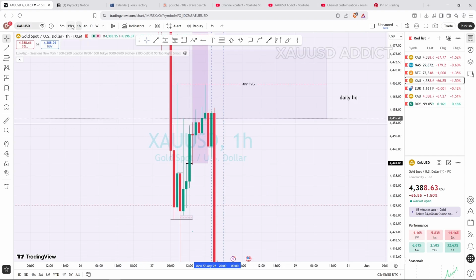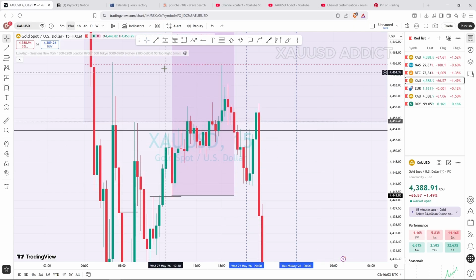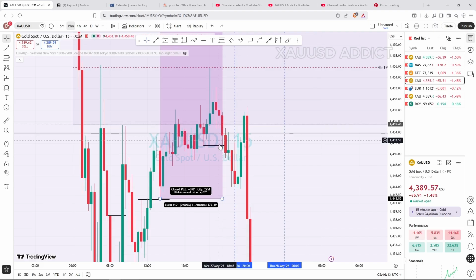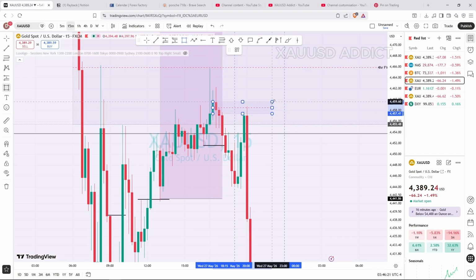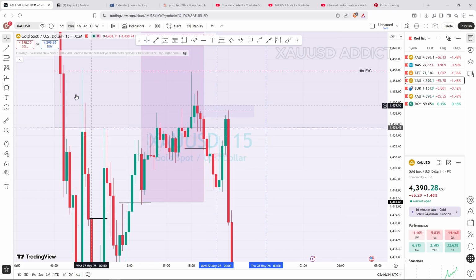So now we can come comfortably to the 15-minute time frame and look for a point of interest to push our price lower, and that will be our entry. So you can see this was a change of character on the 15-minute time frame. And is there a fair value gap here or an order block? Yes, there is an order block here. Okay, and then someone can argue that there is also an order block here and one would enter at that point. But then we are selling, and this is a discount POI.